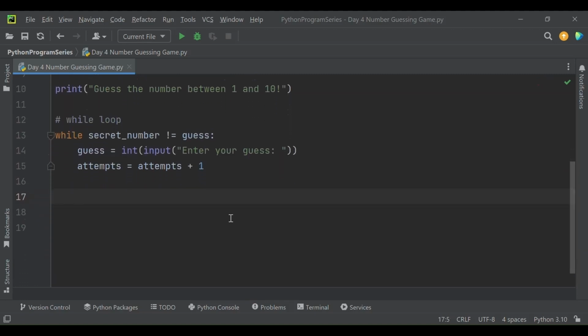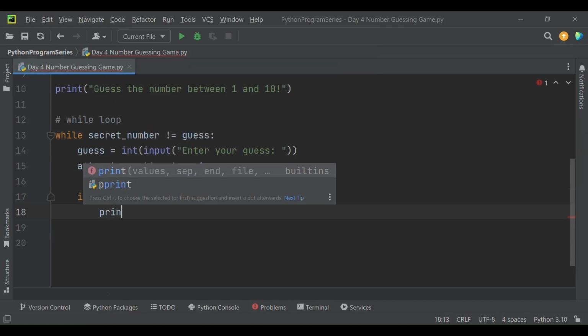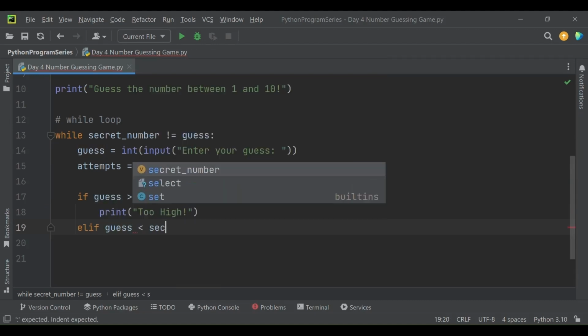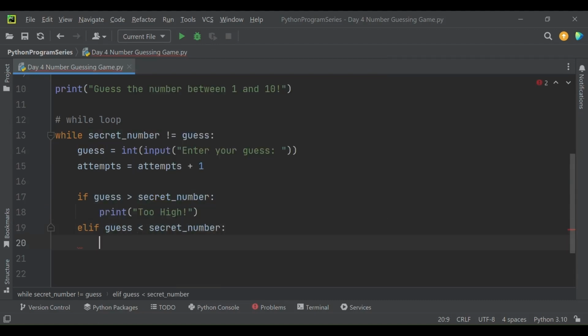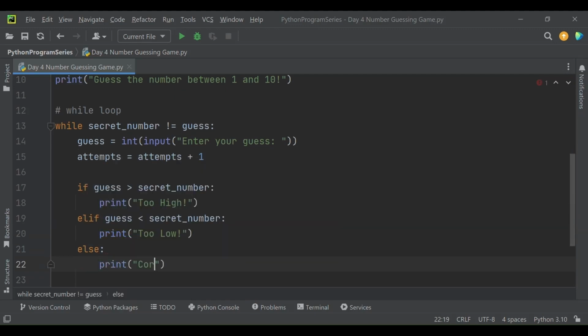Now we will check different conditions. So if the guessed number is greater than the secret number, then we will print a message "too high", and this is a hint for the user. Elif guess is less than the secret number, then we will display "too low", and otherwise if both the values are equal, then we will print "correct. You guessed the number